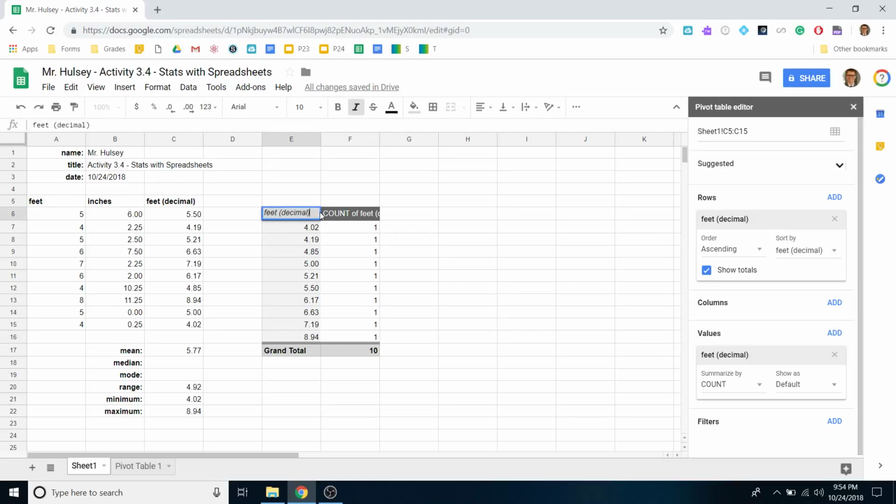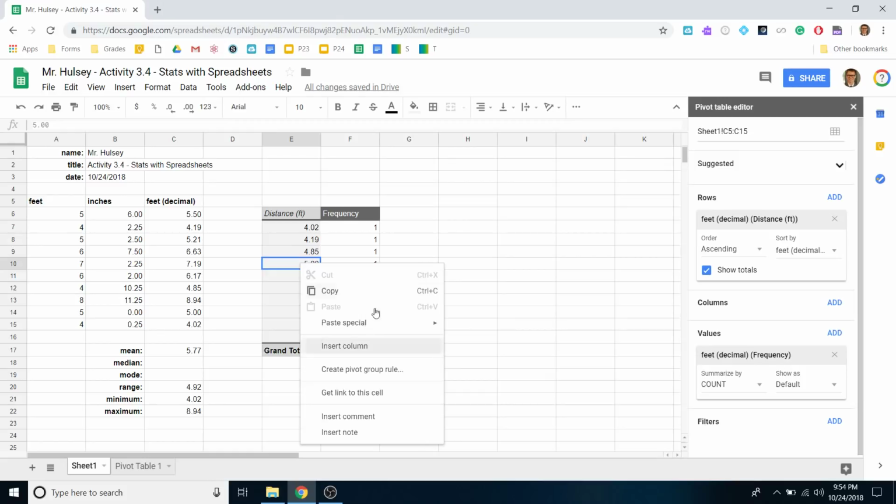The next thing I want to do is change these labels. This can be distance in feet. And this, I want it to be called frequency. The reason for that is that's just going to look a little bit better on our histogram in a second. So now that we have this pivot table looking real nice, we want to group our data together,